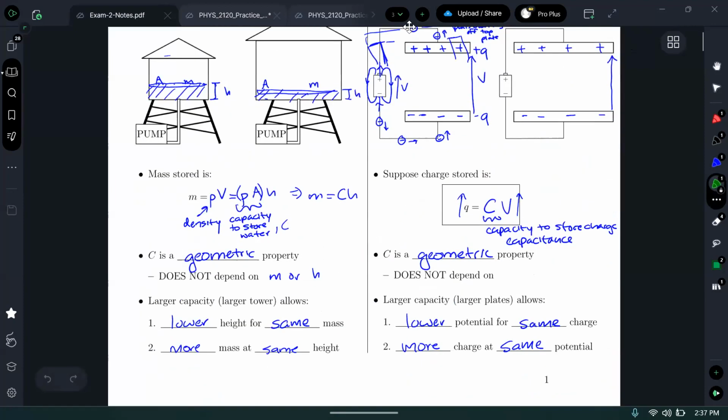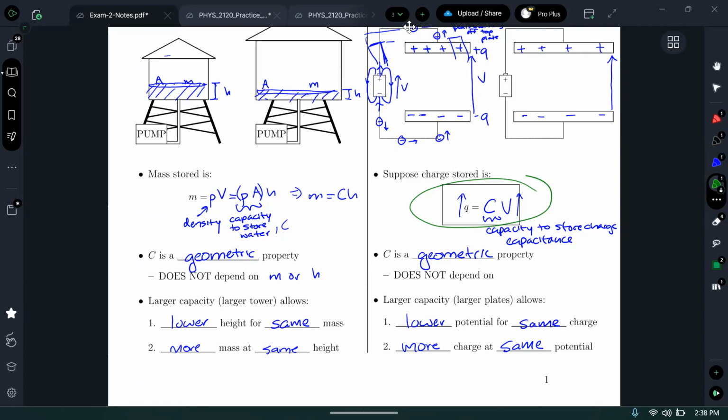On this page, the biggest thing is just how capacitance relates to charge and voltage. It says, if I have a certain charge on my capacitor plates, the potential difference across those plates is determined by this capacitance. So if I have a capacitance of 1 farad, then when I have 1 coulomb of charge on my capacitor plates, meaning positive 1 on one side and negative 1 on the other, I have a 1 volt potential difference